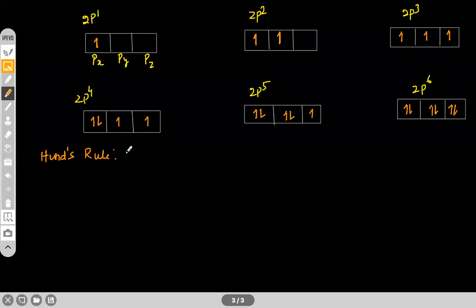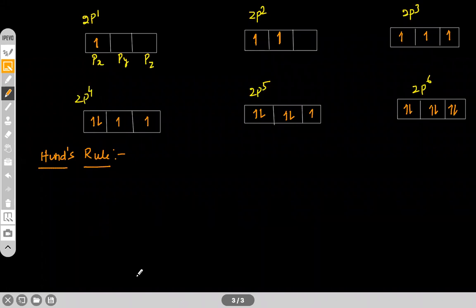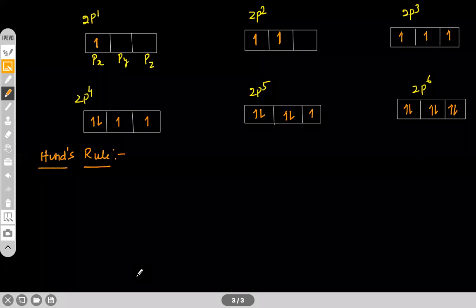Hund's rule, right? So write down this rule, the statement here. In an orbital, pairing of electron is not done unless